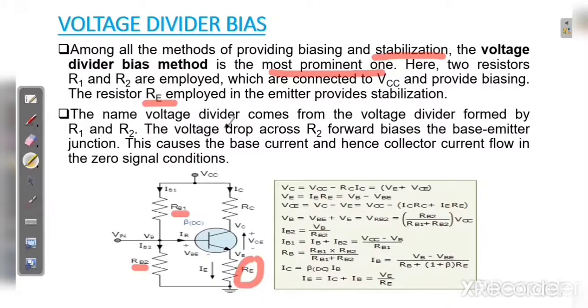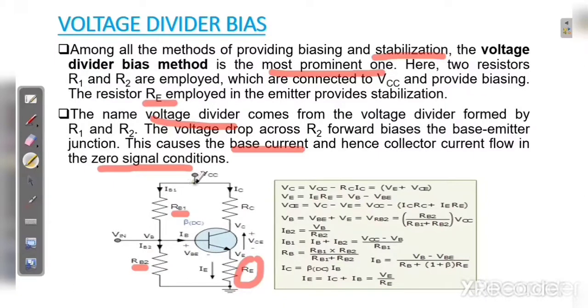The name itself gives that it is a voltage divider. So R1 and R2 provide the voltage divider or potential divider network. The voltage drop across R2 forward biases the base emitter junction, and this causes the base current IB. Hence the collector current flows in the zero signal condition.